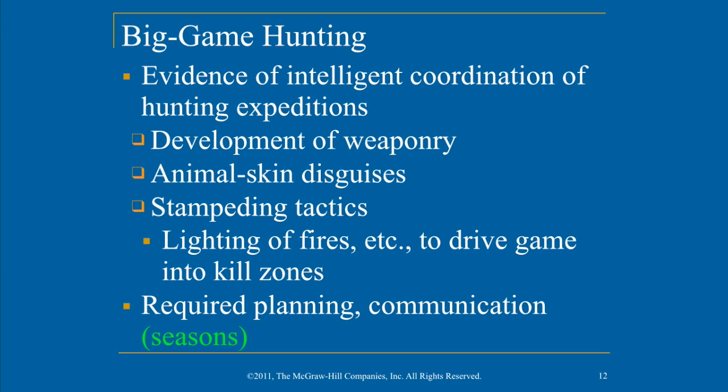Next, we develop big game hunting as a species. There's evidence of intelligent coordination of hunting expeditions. Basically, people are able to rally people around them. Instead of one person going out and hunting by themselves, you're able to get groups of men to go out and hunt for animals and meat. They developed weaponry, such as